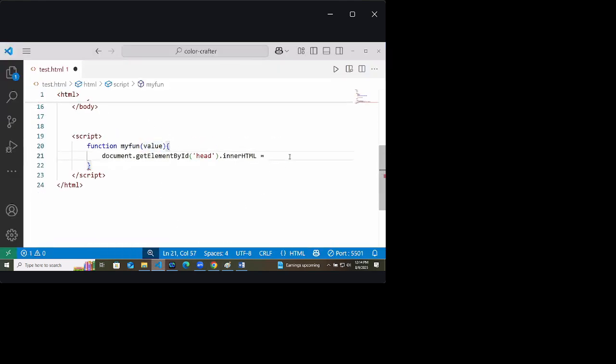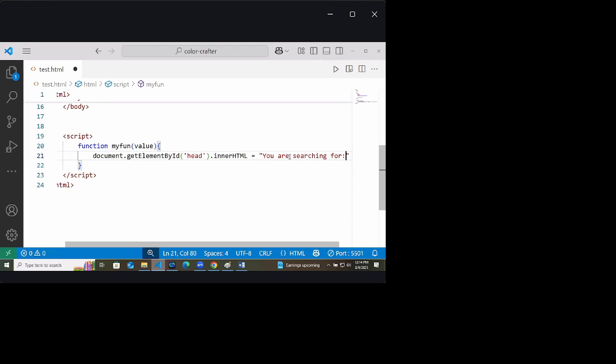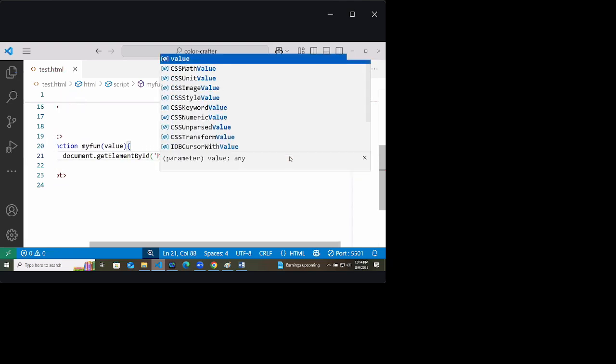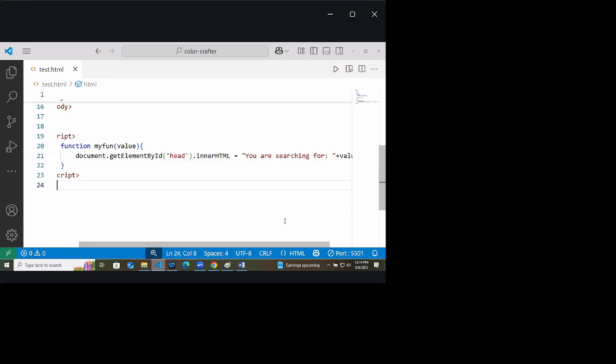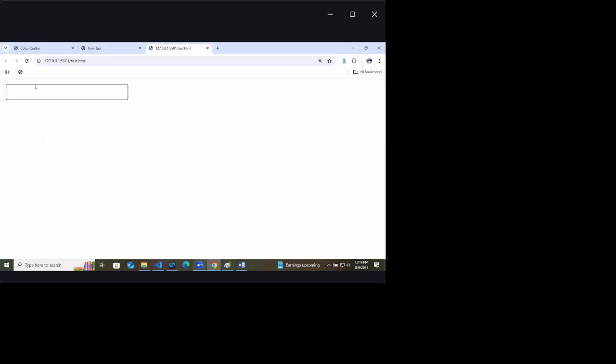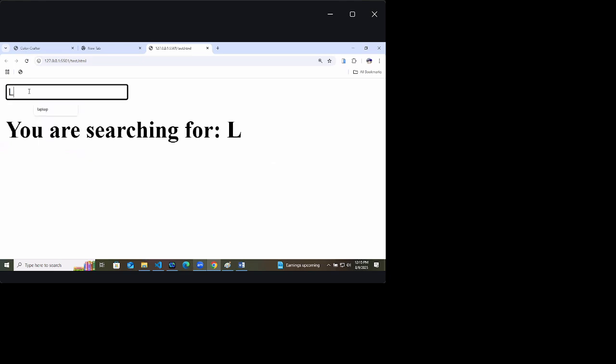At first, I will set a string message that "you are searching for: " plus value. Means two strings I am giving. So by default, you will not get anything. But when you type L, you are searching for LAPTOP. You are searching for laptop.